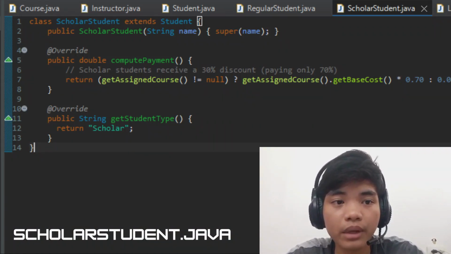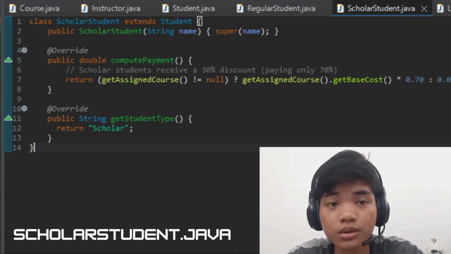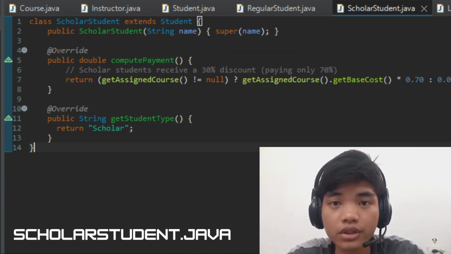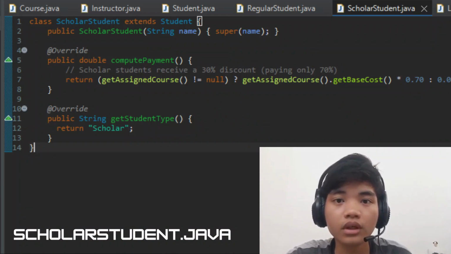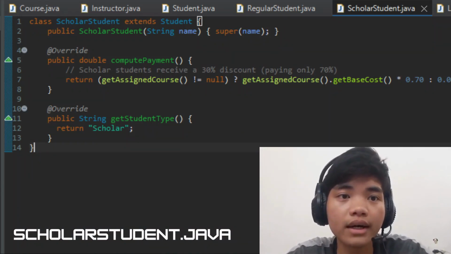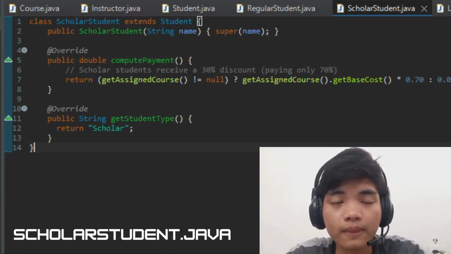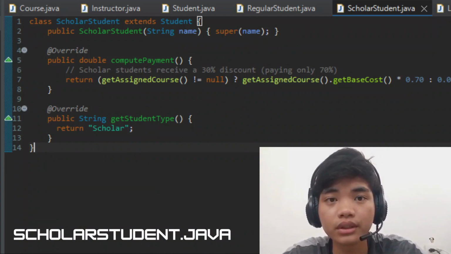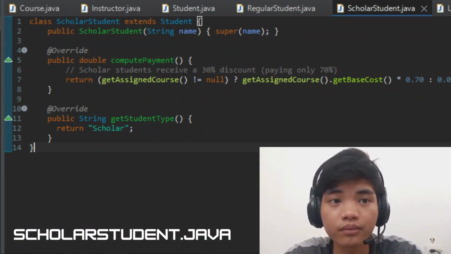Otherwise, the payment is zero. This ensures that no error occurs if no course is assigned. We also override the getStudentType method, which simply returns the string scholar. This helps identify the type of student.